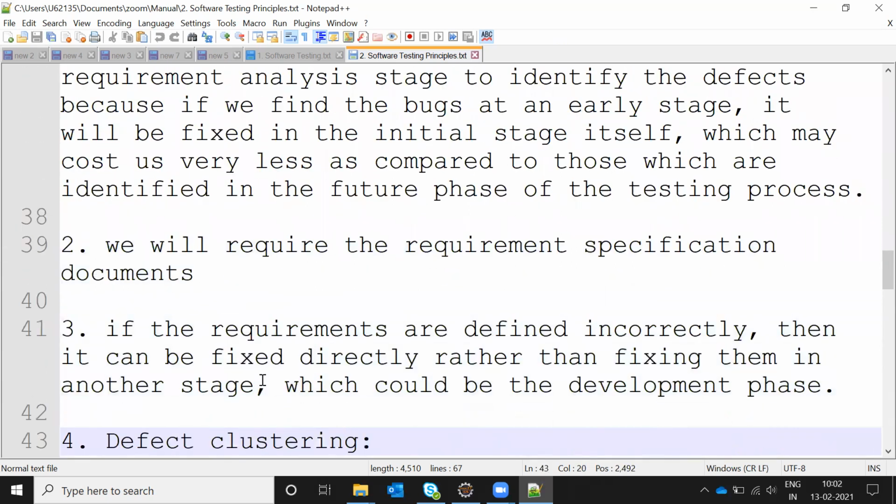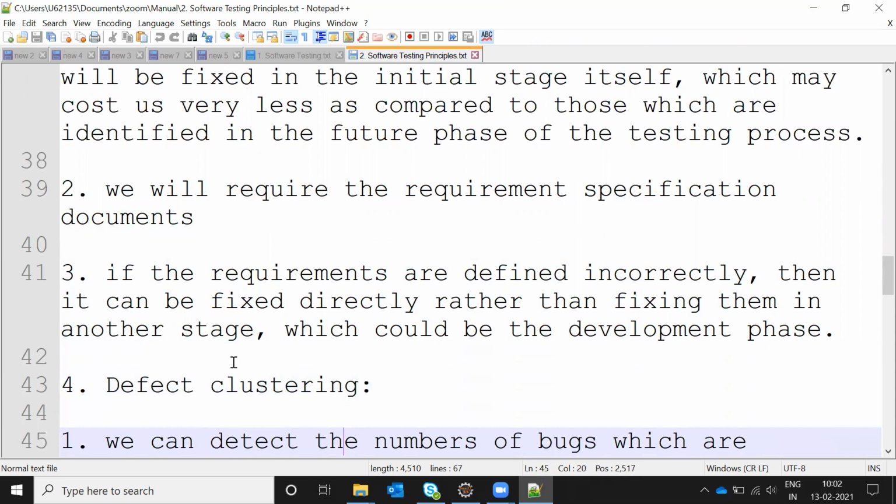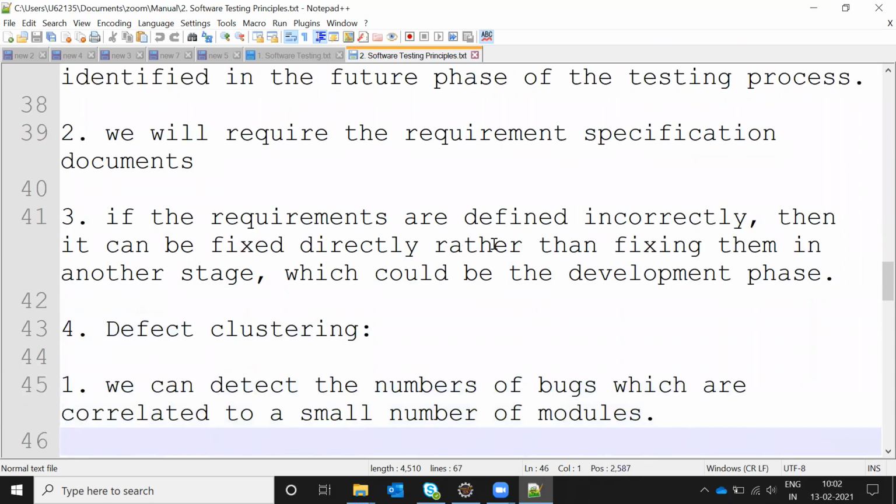For early testing purposes, we require the requirement specification document. If the requirements are defined incorrectly, they can be fixed directly rather than fixing them in another stage of the development phases. That is what I told you: in the requirement document only, we correct all the information.